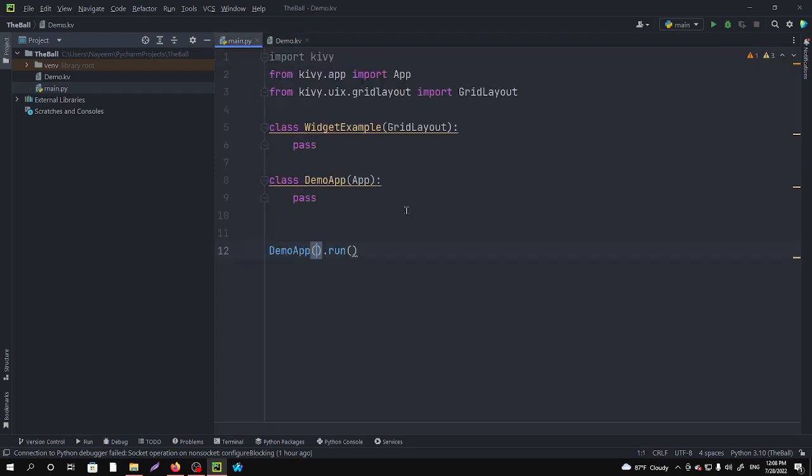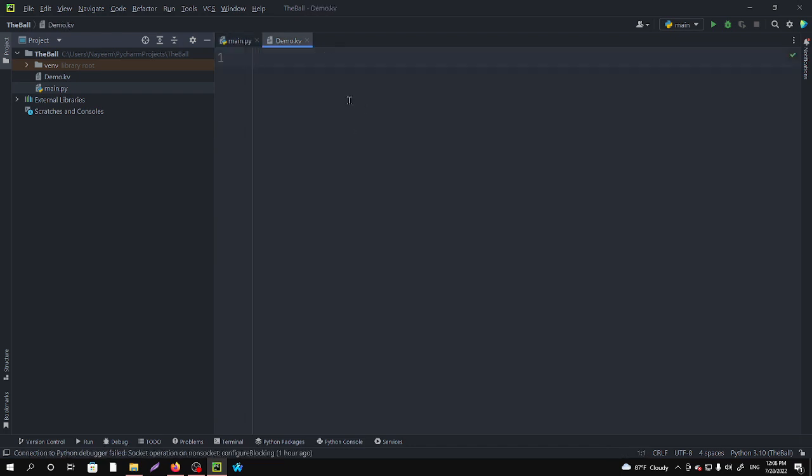Okay, so I want to copy this and I want to work with this WidgetExample here. So I have to write the basic syntax here. Now in the widget, in the GridLayout we have to specify the columns. So I am specifying the columns. I want to take 3 columns here and I want to add a button. In the button I want to give a text,